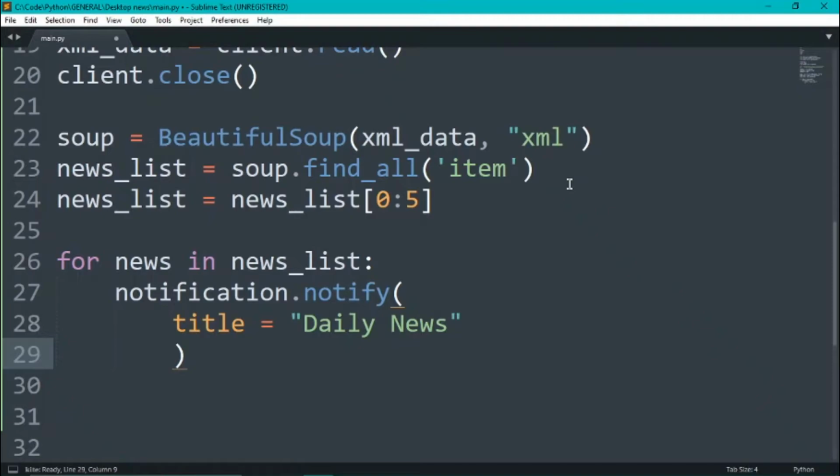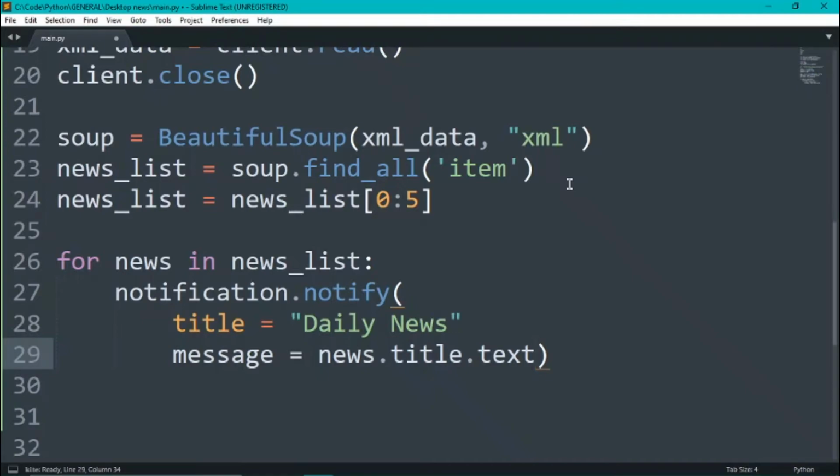Then we'll give it the input, the message that we want. So we will say message is equal to, as an instance, news.title.text,